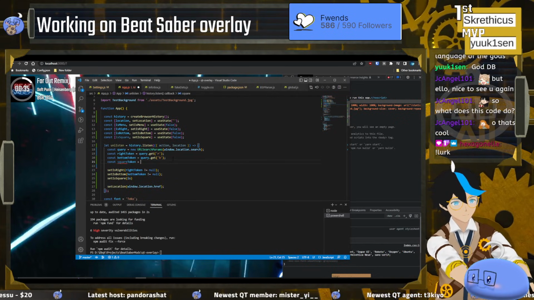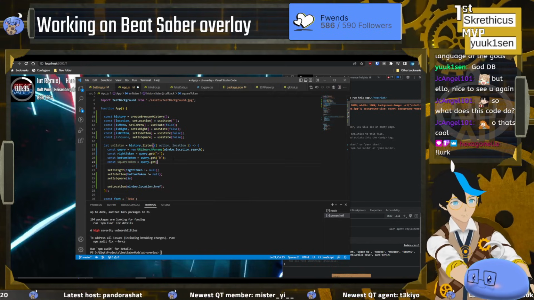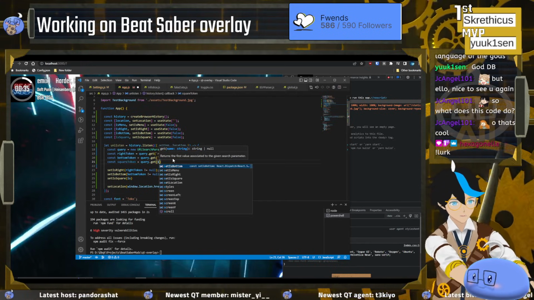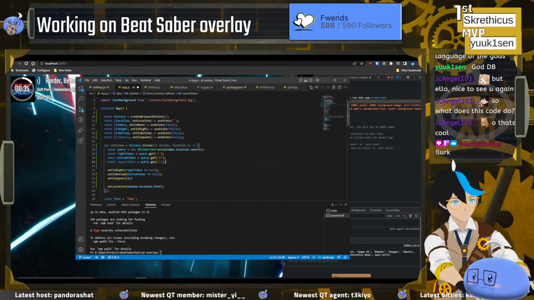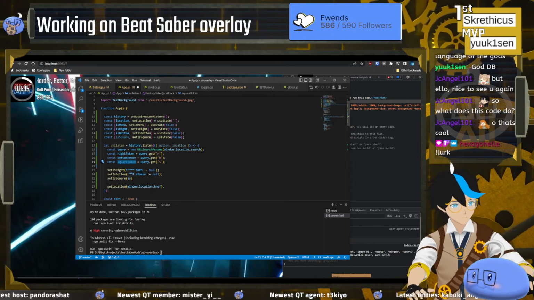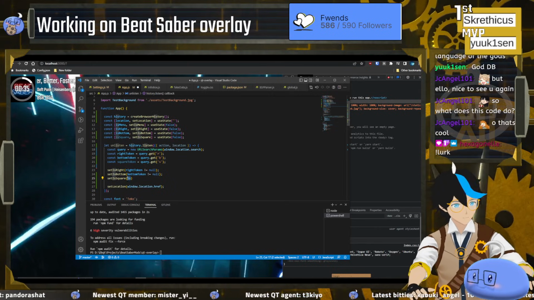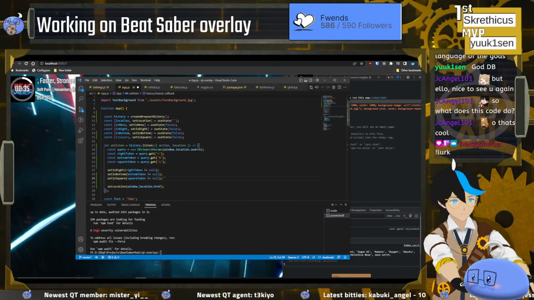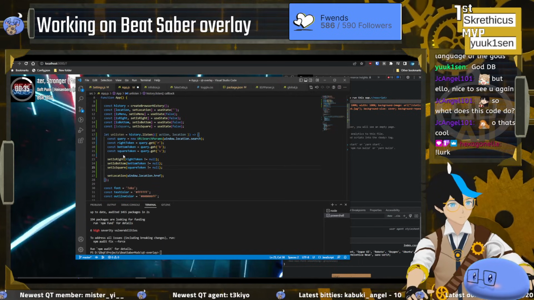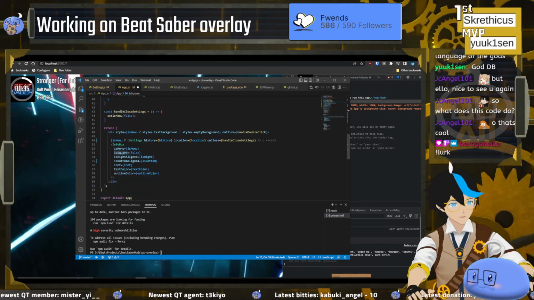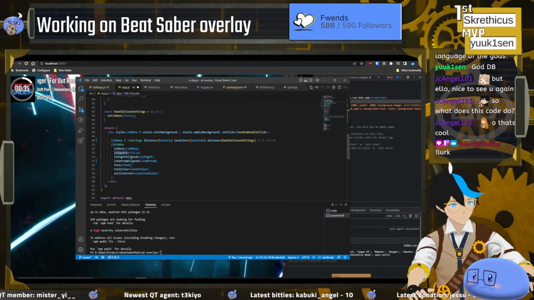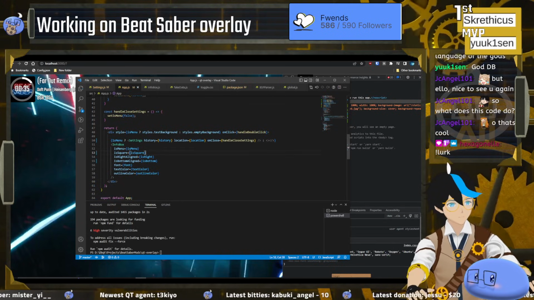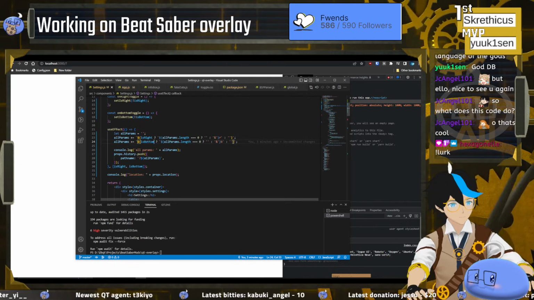Square token. For square, I guess I can use S. Square token. And check if this is null. Then plug is square in here. Save. And then over here,